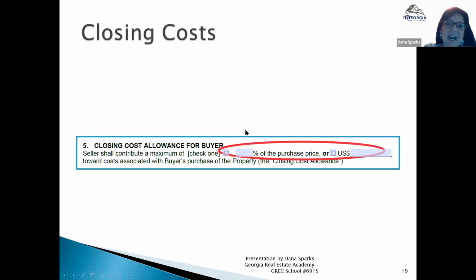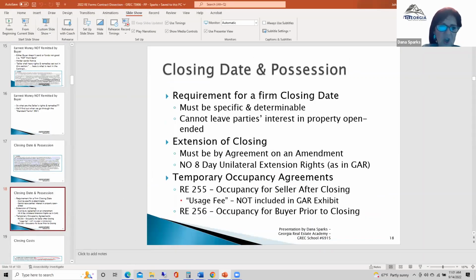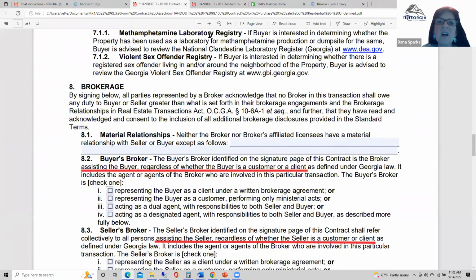Okay. Now, let me talk about extension of closing. For any of you agents who are used to doing contracts or have seen or interacted with contracts on a GAR form, you are familiar with what they call the 8-day unilateral extension, meaning either party can extend the closing date. If you're binding under a GAR, Georgia Association of Realtors contract, either buyer or seller may extend the contract for 8 days unilaterally, meaning with one signature, the other party doesn't have to agree, but it's for very specific